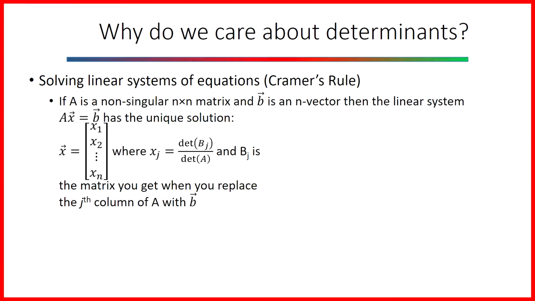Another really great use of determinants is in the solution of systems of linear equations. Determinants can be used to solve systems of linear equations using an approach known as Cramer's rule. Cramer's rule states that if A is a non-singular n by n matrix and B is an n vector, then the linear system A times x equals B has the unique solution that x equals a vector of elements, where each element is equal to the determinant of the matrix Bj divided by the determinant of A, and Bj is the matrix you get when you replace the jth column of A